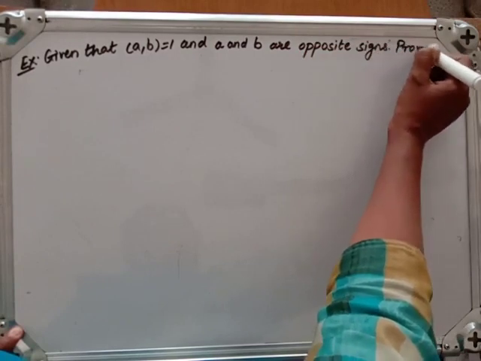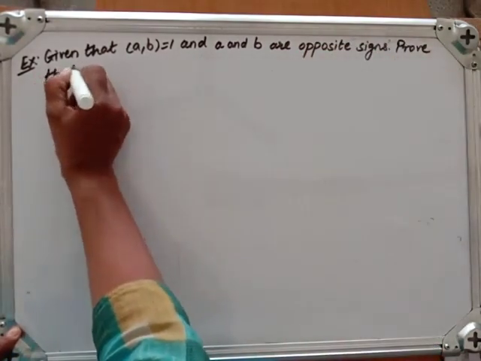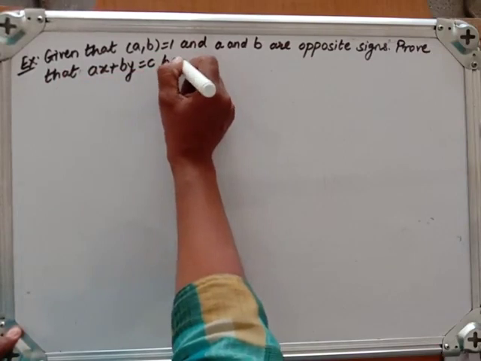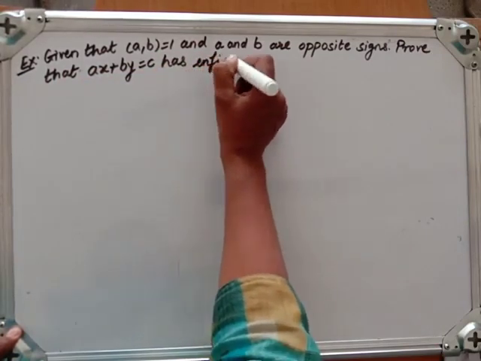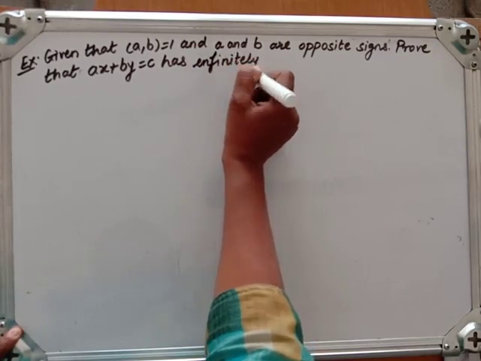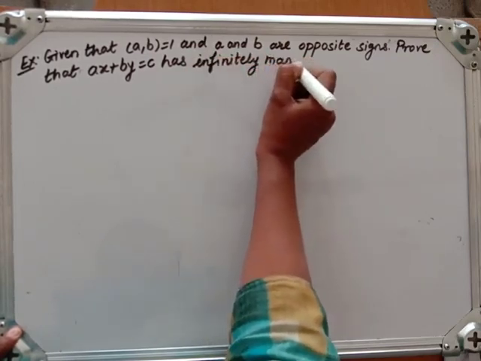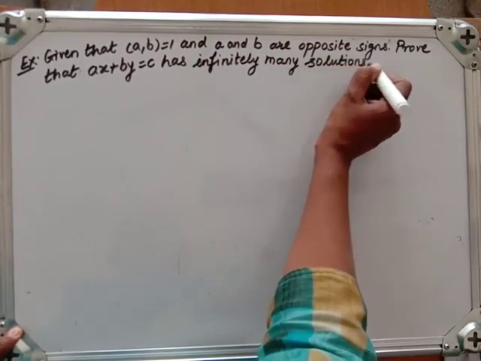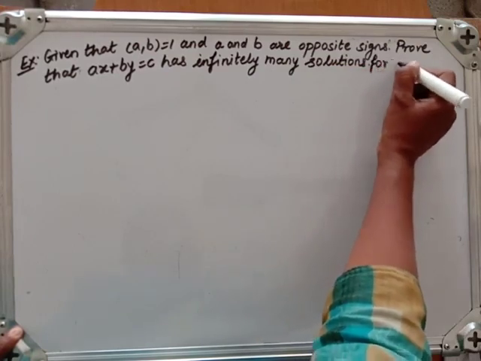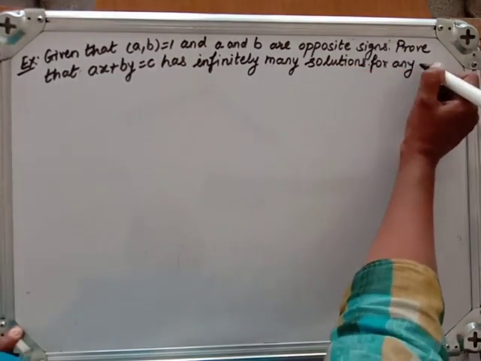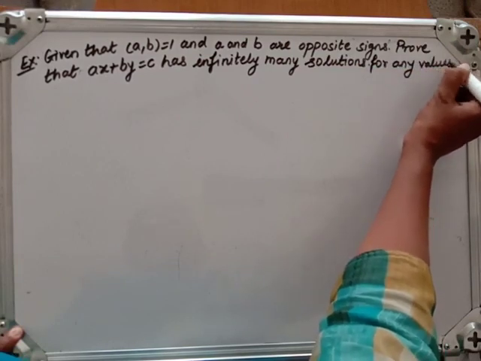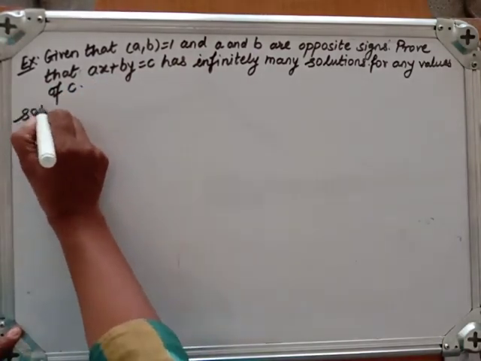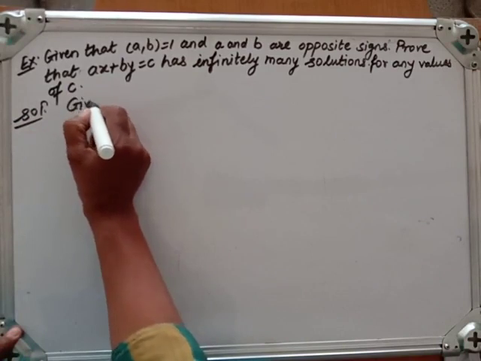Prove that Ax plus By equal to C has infinitely many solutions for any values of C. So solution, given that